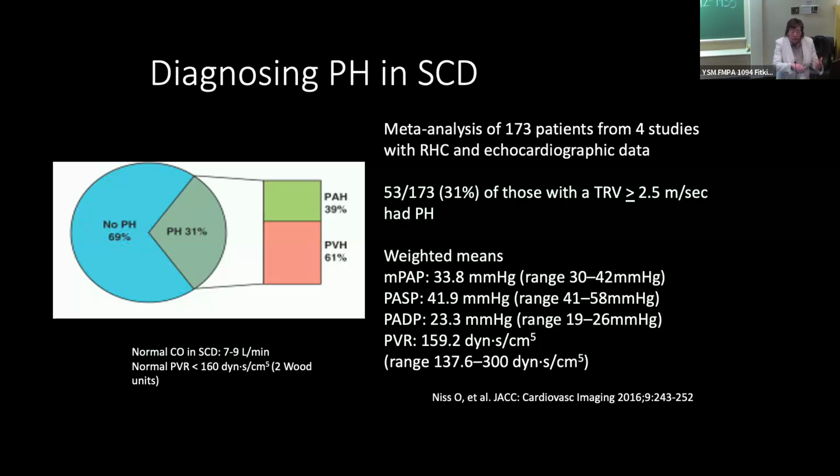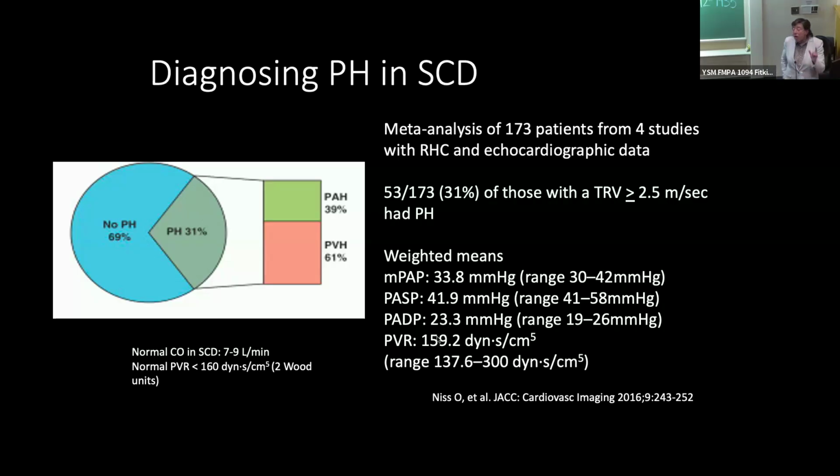In our case series and in our cohort and others, there are isolated cases of LV systolic dysfunction as well as left-sided valvular disease that's not actually related to sickle cell disease at all. I have a couple of cases of patients with significant aortic insufficiency, PH related to that, in my practice. It's usually aortic valve issues more than mitral. Hemodynamically, and Phil and Indy will tell you this as well, this is pretty mild to moderate PH with mean PA pressures of around 34 millimeters of mercury and PVRs that have always been in the less than 2 Wood unit area.